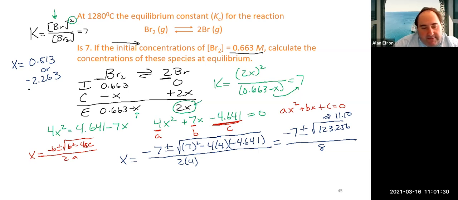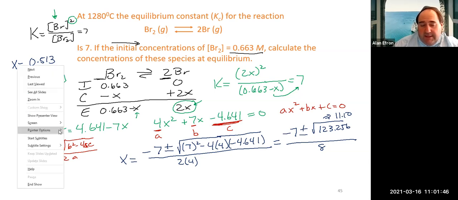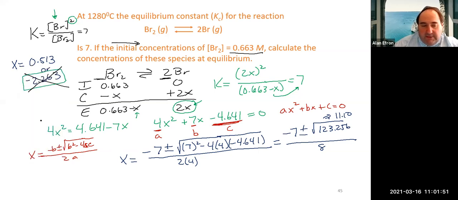If I took this number here and went back in with it, that would give me 2 times minus 2.263. That's going to give me a negative 4 point something number, and you cannot have a negative concentration. So that is clearly not the right x value for this situation. One of those values, when you use the quadratic formula, will give you a negative value when you put it back into the equilibrium line, and obviously that would not be the correct value. The correct value would be this one right there,